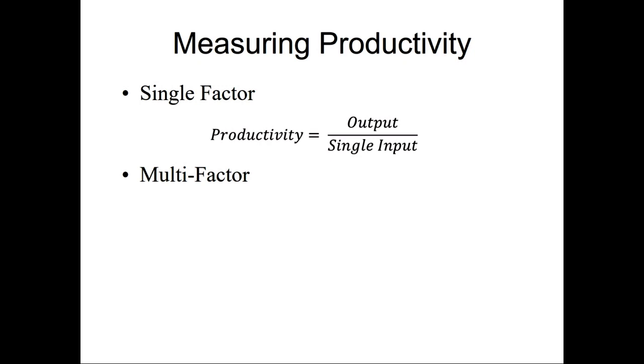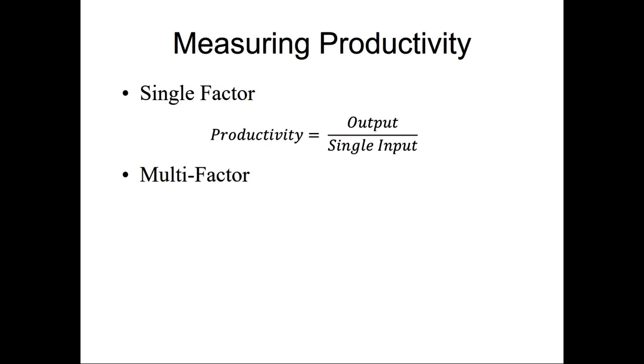So if I'm measuring my operation and I'm a granola company, I may want to do pounds of granola packaged per day. So that would be output divided by 1 day. Or maybe I want to do packages of granola by labor hour. So how many people worked in that day for how many hours? Maybe it'll be 6 people times 8 hours. That would be 48. So it would be my output divided by 48. And then the next day, maybe there's 7 people working that 8 hours. So that would be 56. So it would be my output divided by 56.